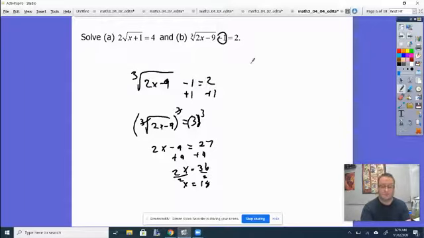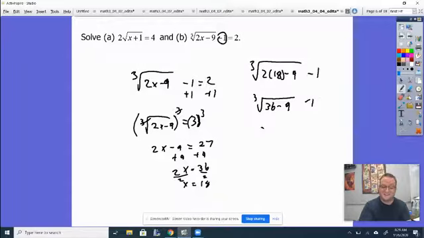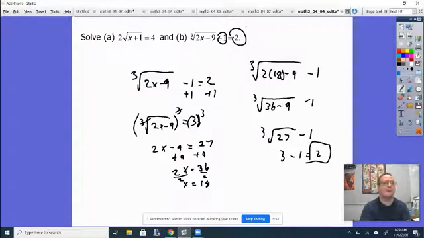So cube root of 2 times 18 minus 9, minus 1. So cube root of 36 minus 9. And then cube root, sorry, I was thinking ahead and thought maybe I made a mistake. Minus 1. Cube root of 27 is 3, minus 1, and that gives me that 2 that I want. Okay, so again, it is good practice to go and just check all these, but really it comes down to